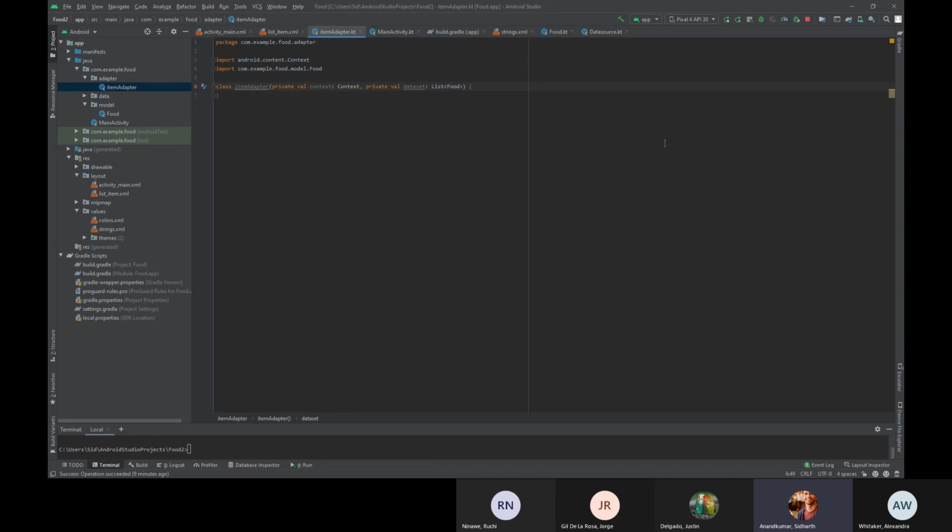So we talked about context, we talked about the data set, the parameter in there. Now we need to create a class called the view holder. The Recyclerview doesn't interact directly with item views, but it deals with view holders. So it doesn't directly interact with the items in the list. It interacts with view holders, and a view holder represents a single list item in the Recyclerview, so it can be reused whenever you want. A view holder instance holds references to the individual views